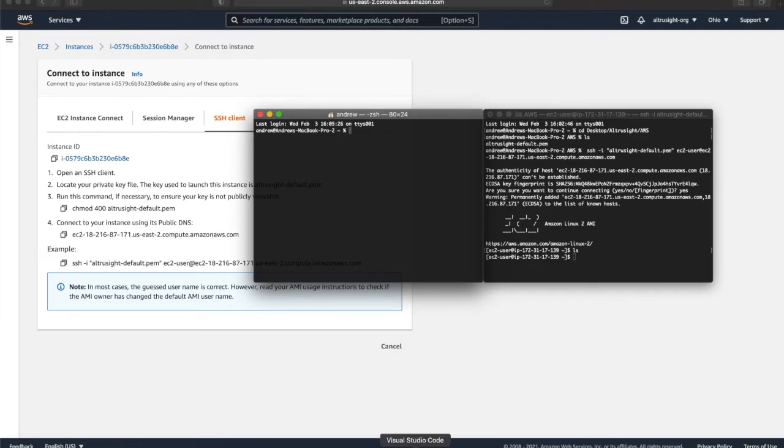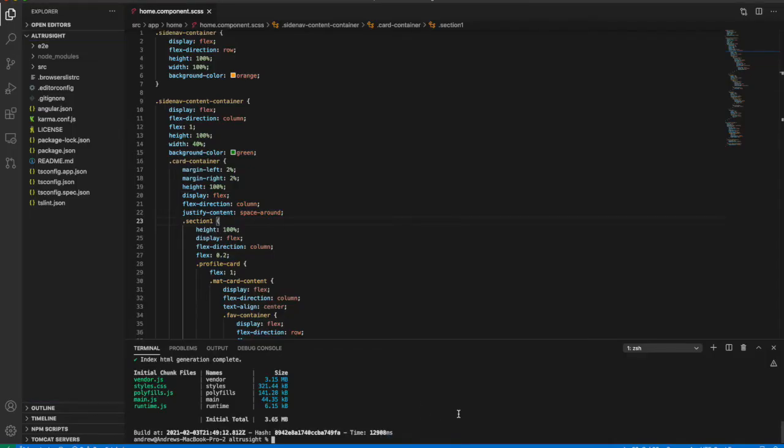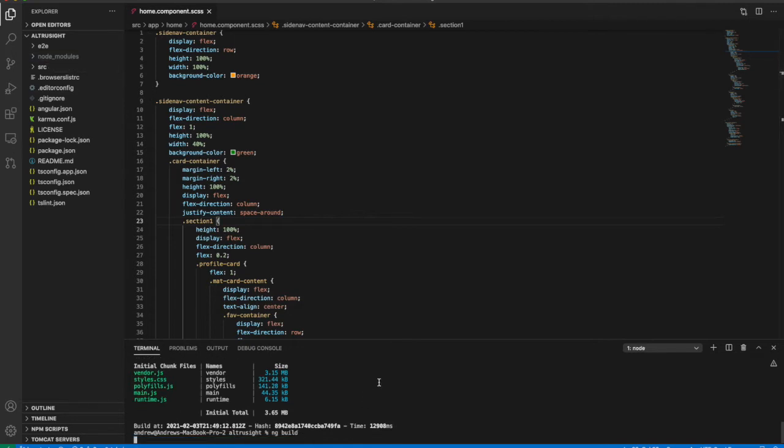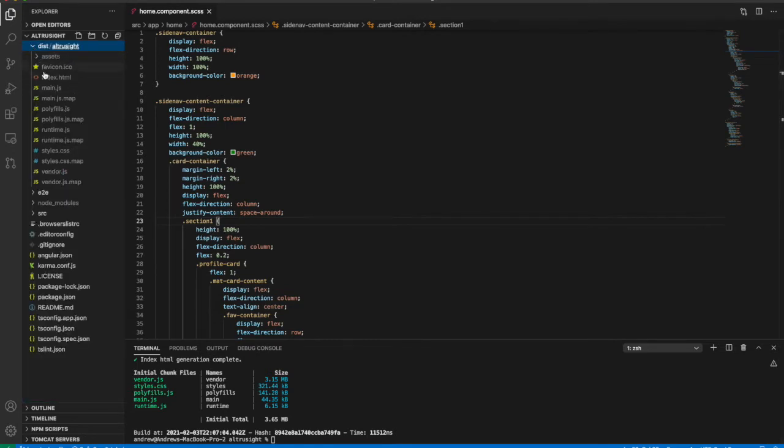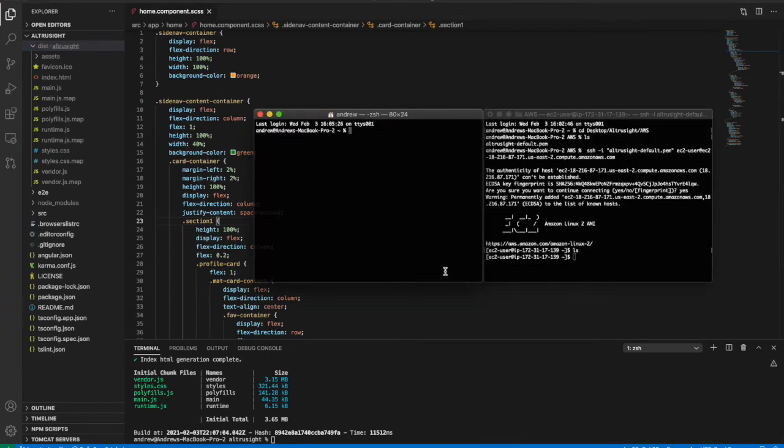So the next thing we're going to want to do is go to our Angular application and get build files that we can copy over to EC2. So I'm going to do that using ng build in VS Code, and just wait on this to build. Alright, so it built, and you can see this dist folder pop up with all our static files. And so we're going to want to actually copy that into EC2